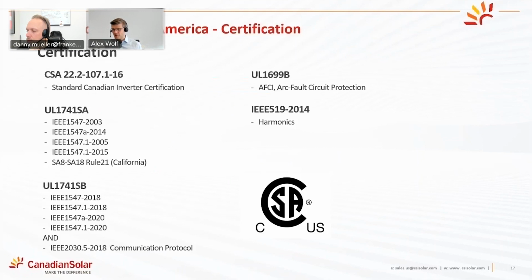The system, as Danny mentioned, is also AFCI certified to UL 1699B. A lot of people don't know what UL 1699B means. That's just a certification that covers the serious arc fault and all the reliability testing. But arc fault detection is what you typically are required to have if your installation goes on rooftop. The inverter here at the 600 volt level is one of the two products in the market here in Canada that has both the high voltage 1500 volt input, 600 volt native output voltage, as well as the